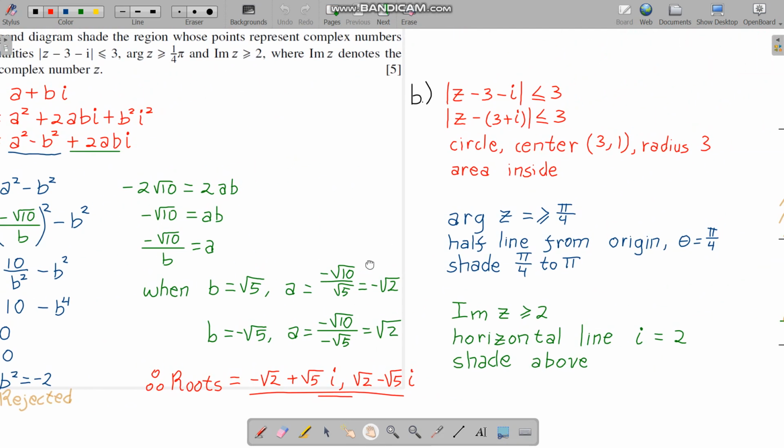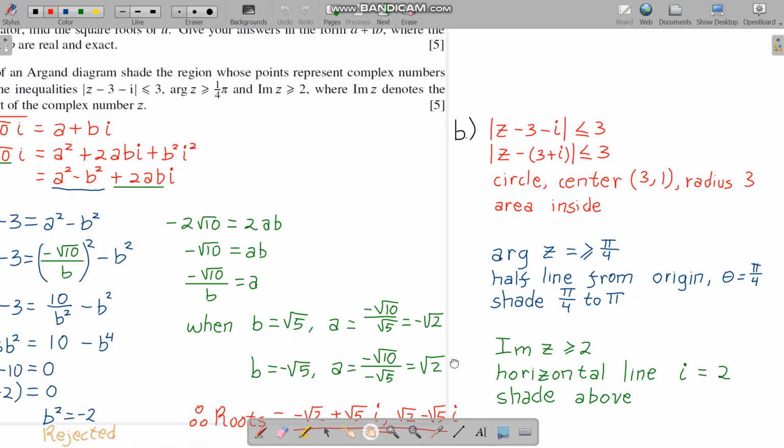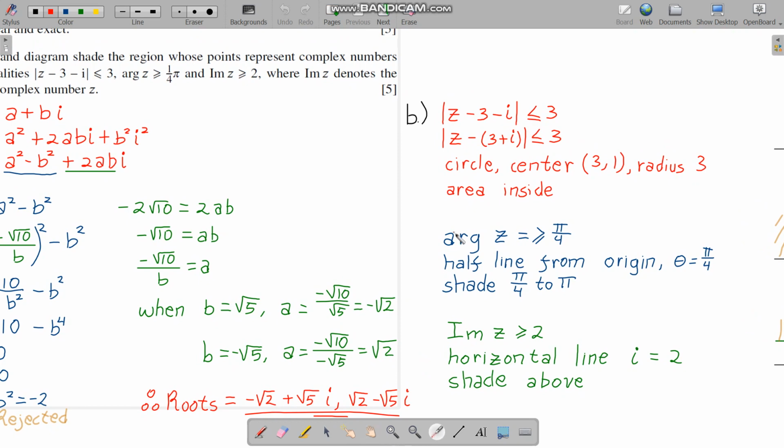And for b, sketch |z - 3 - i| is smaller than 3, so that would be a circle. The center is (3, 1), the radius is 3, and smaller than means we shade the area inside. Then the argument of z is bigger than pi over 4, so it's a half line. From the origin the angle is pi over 4, so we shade